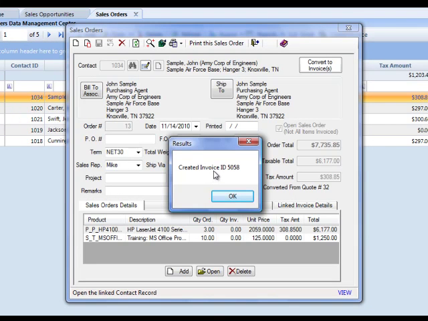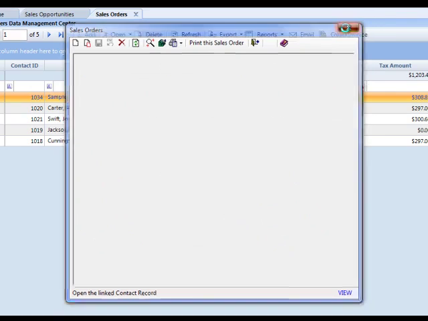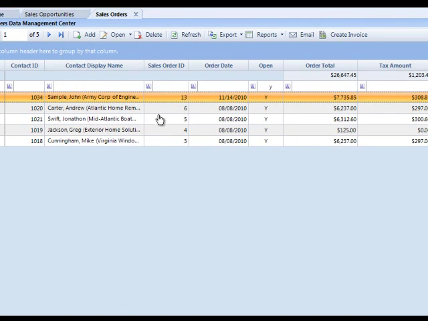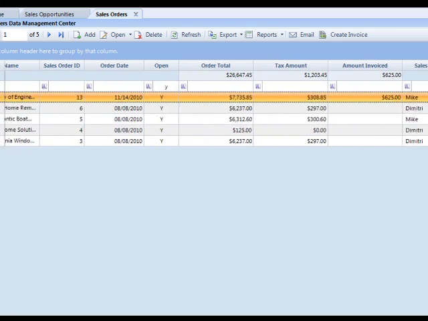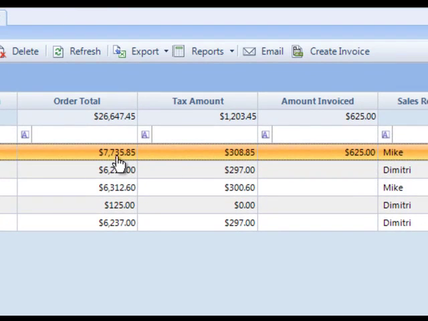At this point, you'll be given an invoice ID. So our invoice ID is 5058, and I'm selecting OK. When you close out of this sales order and return back to your sales order DMC, you'll notice that if I scroll to the right, there's an amount invoiced. You'll see that our order total was $7,700, but only $600 of that for our 5 hours of training